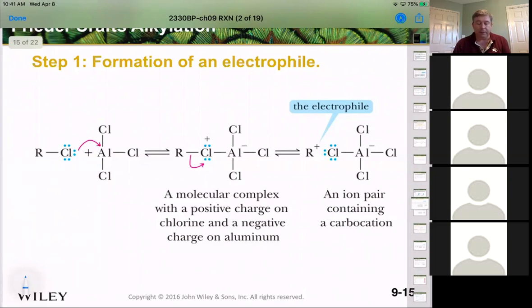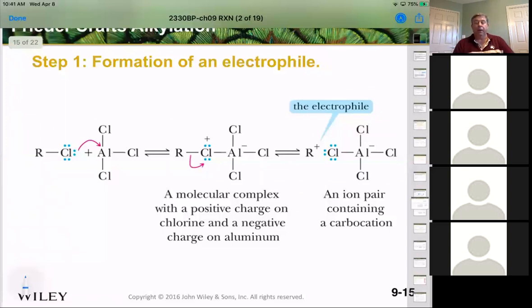We do the same thing with acylation. In acylation, we end up using the same catalyst, aluminum chloride, pulling the chloride away again to give us our intermediate. This is our new base right here, and it gives us an acyl cation. So we have a cation on that carbonyl. So it ends up being, again, the exact same mechanism. First step is always forming a cation. It doesn't have to be a carbocation. It always forms a cation and then does the interaction, and then always kicks out a hydrogen,